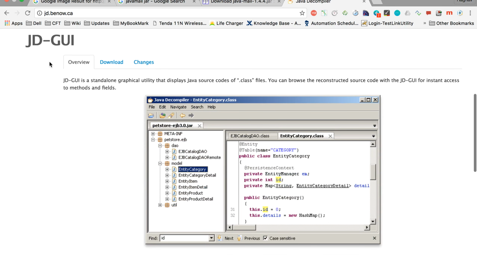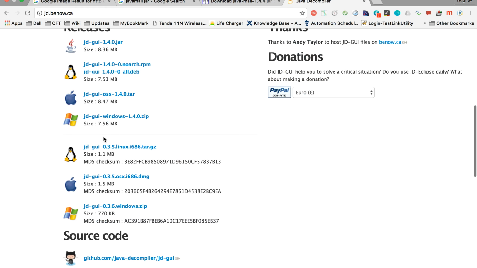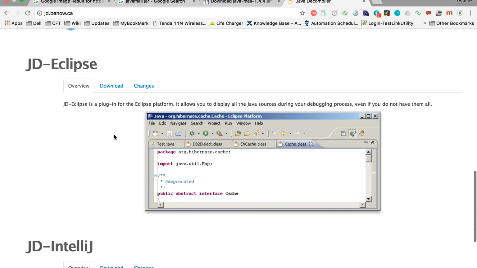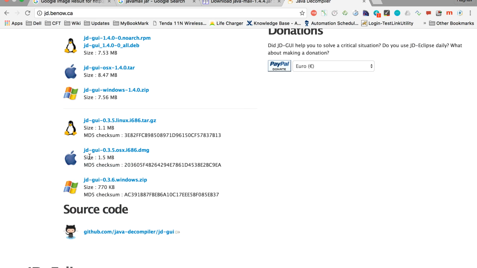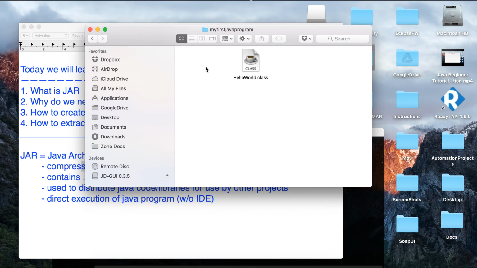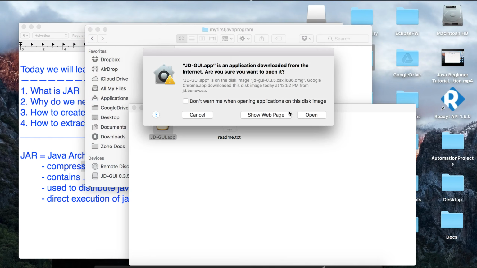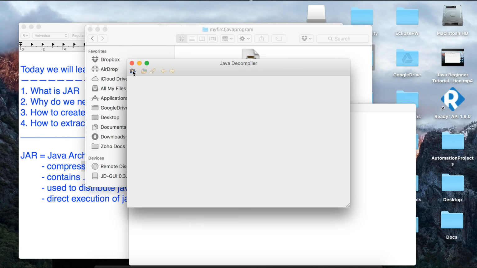You can either download the GUI, so you can select your operating system and download the GUI. In my case, I have done this for Mac, or you can also add it as a plugin to Eclipse. In my case I have downloaded the GUI. So once you download and start it, you will get this app, and here you will open the jar file.